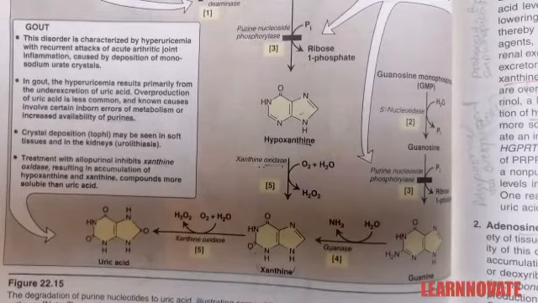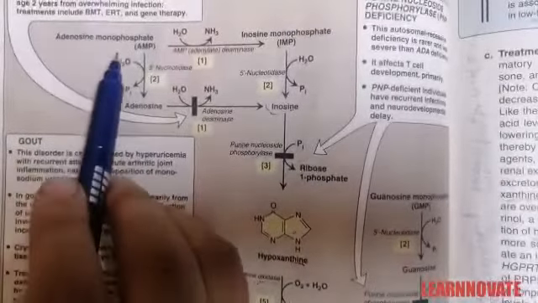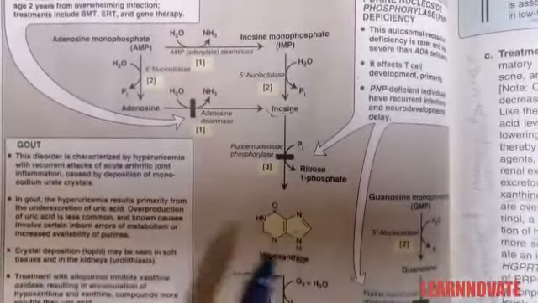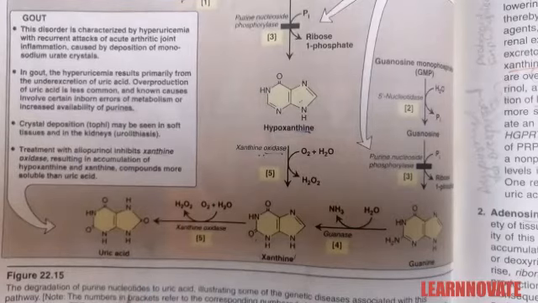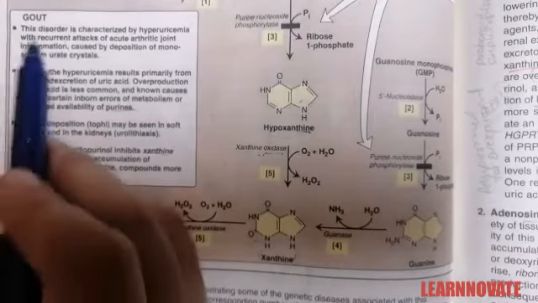Now what happens if there is an increase in the degradation of purine nucleotide? When there is more and more degradation, ultimately the level of AMP, IMP or GMP increases, and after the whole cycle there will be an increased amount of uric acid. In this way more and more uric acid will be accumulated in our bones, in our body and the soft tissues. There is a condition related to increased accumulation of uric acid called gout.